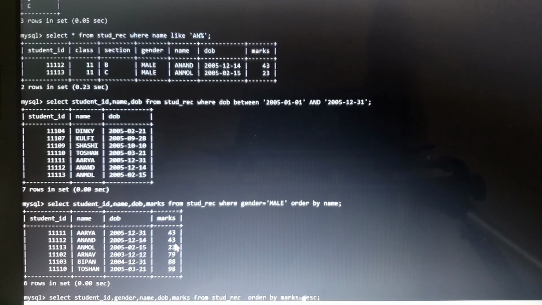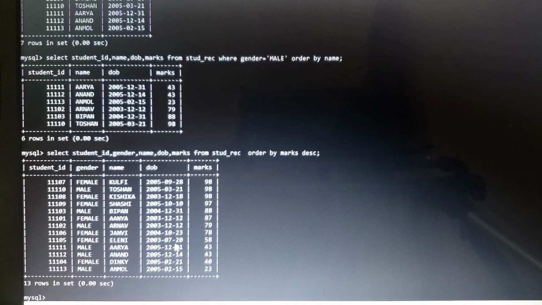See, as it has been asked in descending order, as I told you in the previous query that by default it is going to take ascending order. So we did not mention anything. But here, as we need to mention it in descending order, I have to write it this way, DESC. So just press enter key. Here you will get the result. These are the students and their marks in descending order. Descending order means from highest to smallest. So this is the query.